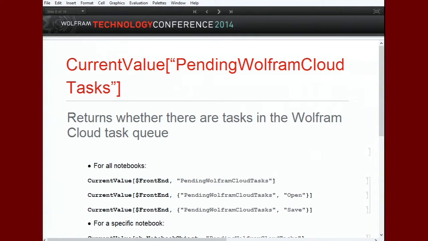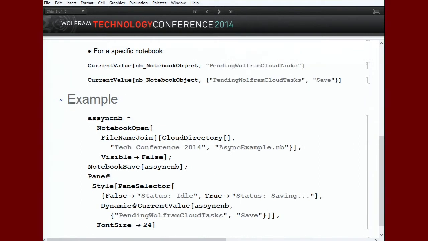This will, basically, let you query the system to find out if there are any tasks running in general. You can find out specifically if there are any open tasks or any particular save tasks. And you can also filter this not only globally, but also for a particular notebook. So for instance, the idea behind this is I have an application that I built in a document